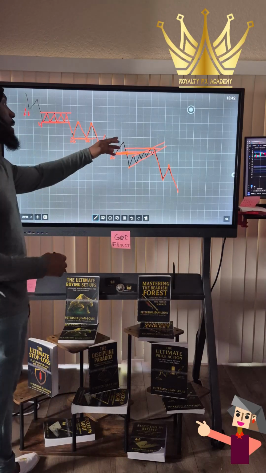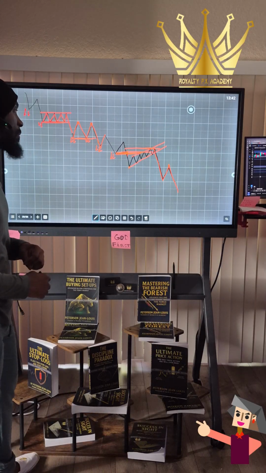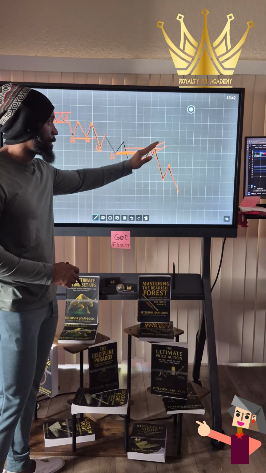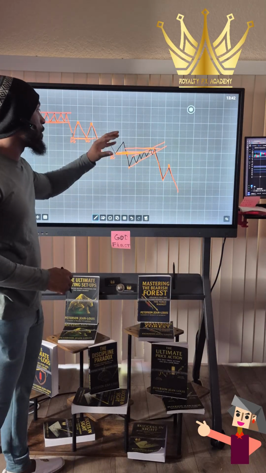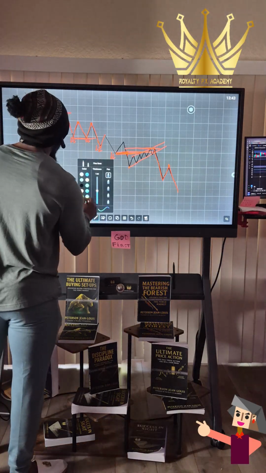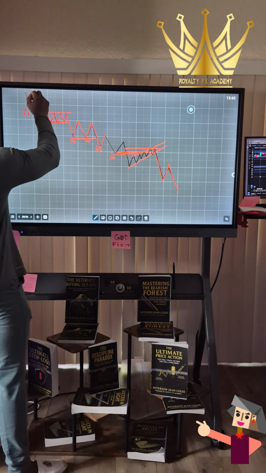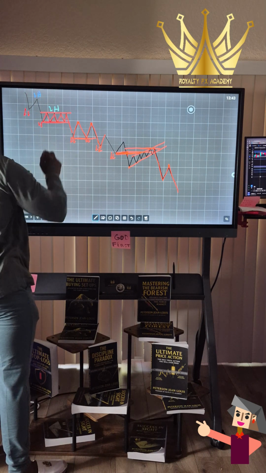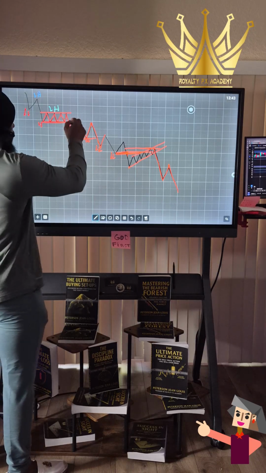It could have gone, like I said, all the way to the top to give you the double top aspect, but it just wedged up, right? It was wedging up, but it didn't give you a high that's higher than the previous high. What do I mean by that? After every lower low, we look for a lower high. See, all these are lower highs, but it's within one range.